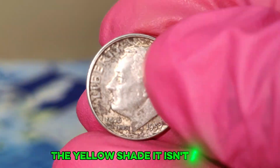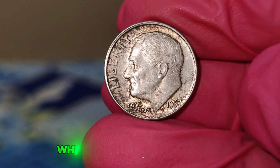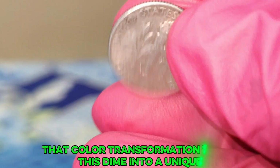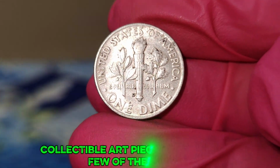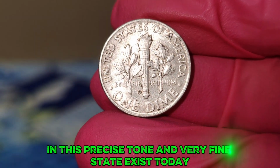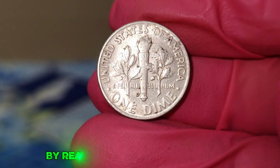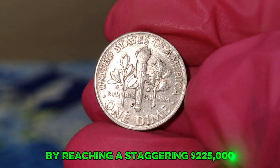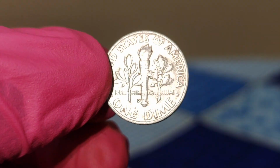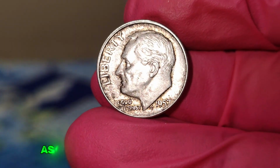The yellow shade? It isn't a flaw. It is a rare, beautiful aging process known as toning, which enhances both the eye appeal and market desirability. That color transformation turns this dime into a unique collectible art piece. Only a select few of these coins in this precise tone and very fine state exist today. And in today's heated auction markets, this dime has shattered expectations by reaching a staggering $225,000. Yes, $225,000. It's a figure that is not a dream. It's not exaggerated. It is verified, it is market-backed, and it is rising as collectors battle for a chance to